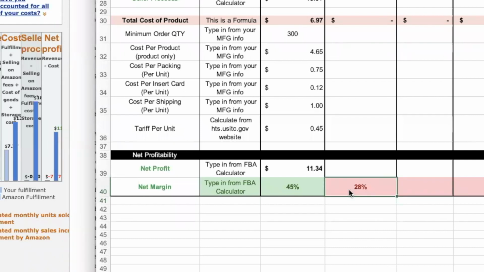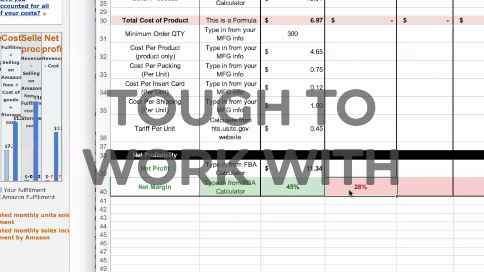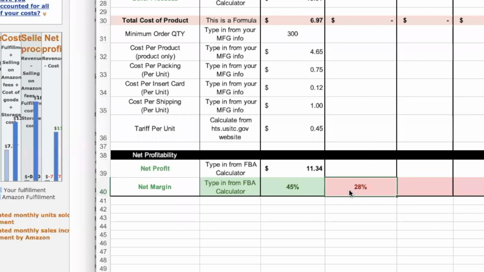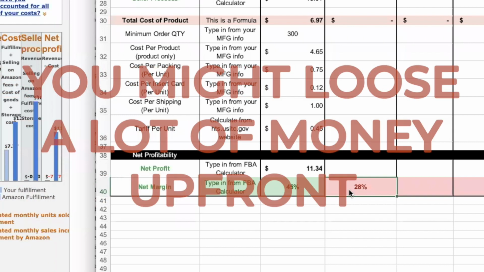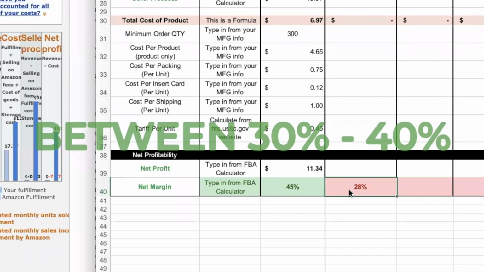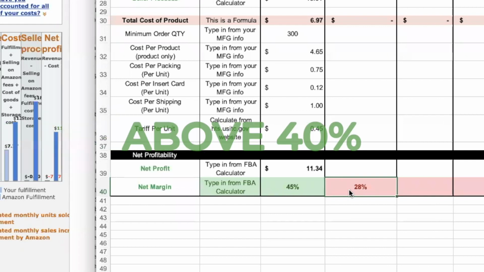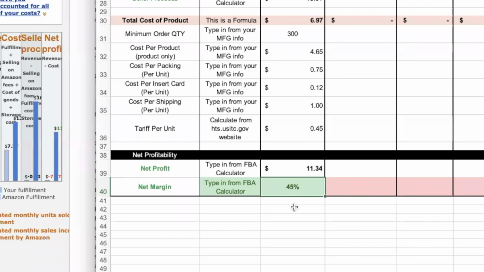Because my advice is any profit margin below 30% is tough to work with. Yes, you can still be successful, but it's going to be challenging to make money with Amazon pay-per-click. So you might lose a lot of money up front. If you're above that 30% threshold, if you're between 30 and 40, it's good, it's decent, it's pretty solid, honestly. But if you're above 40, you're going to be sitting really nice. So if you can shoot for above 40 and you get that green, you're going to be in a real